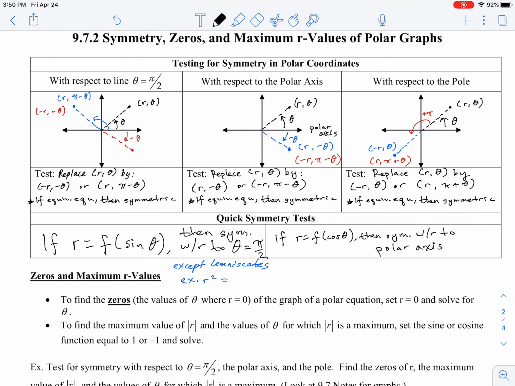In the next section, I'm going to do a couple of practice problems, and we're also going to continue to talk about finding zeros and maximum r values of